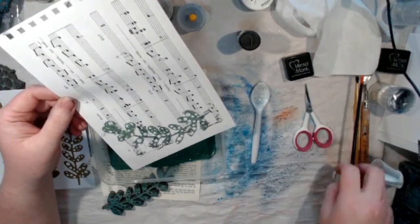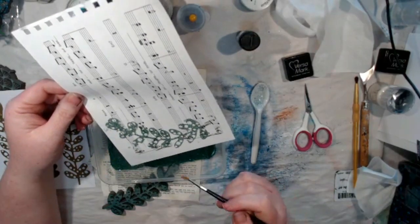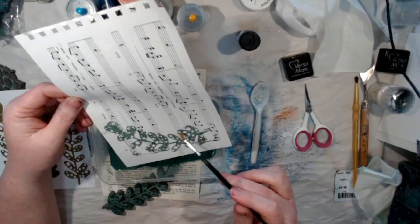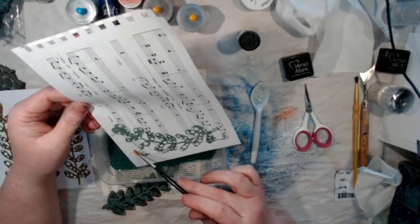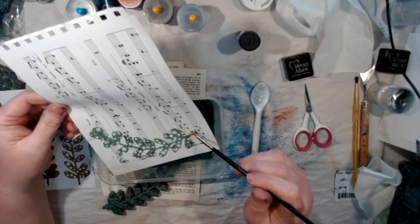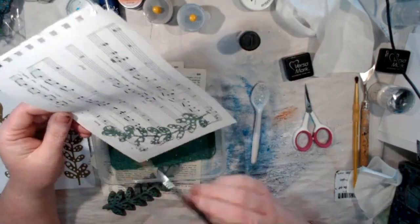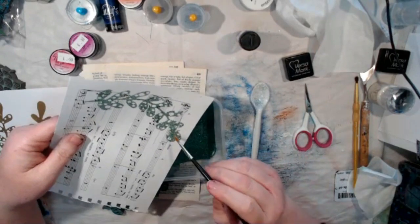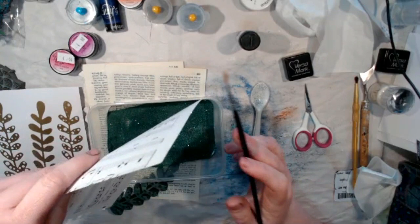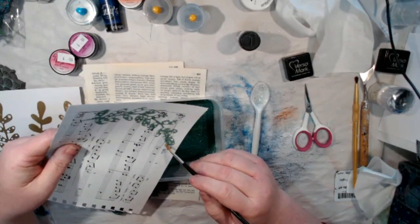Now, as you can see, I've got a double head on my vine, which is not a big deal, but if you've got any embossing powder where you don't want it, there's a little bit over here, we're going to cut these out anyway, so it doesn't matter if we've got it around. So a dry paintbrush, always a dry paintbrush, we can just knock off any powder. I'm just giving my page a flick. So for example, if I didn't like this double head up here, it's actually wrong, this one's wrong as well, so I can just flick the powder off back into the embossing